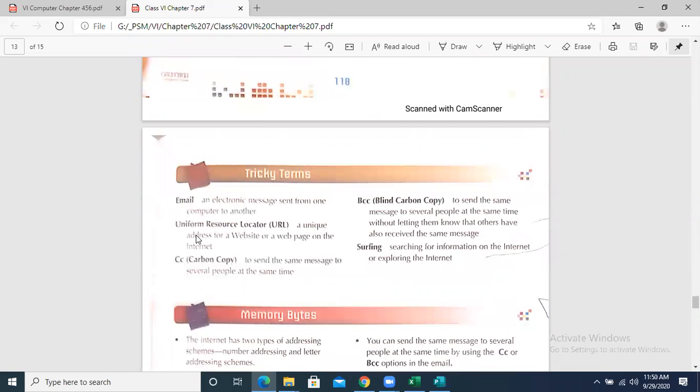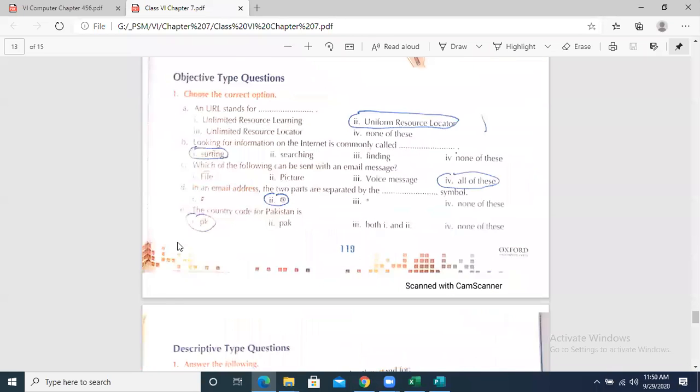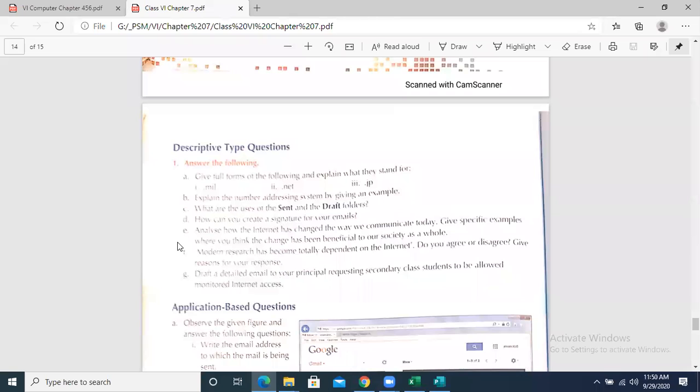Again, I would say that tricky terms and memory bytes are important. Questions at the end of the exercise are also important. But the questions can be asked from anywhere in the text. Now, if you have any question, first ask the question number 1, and then